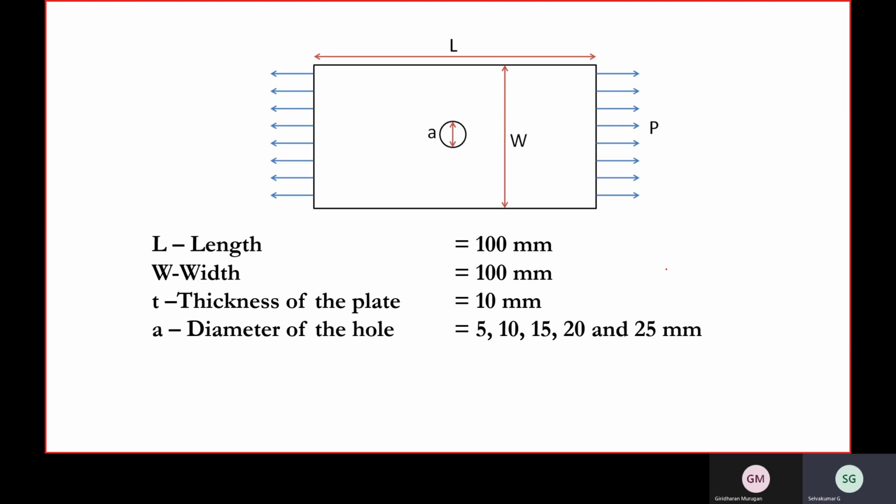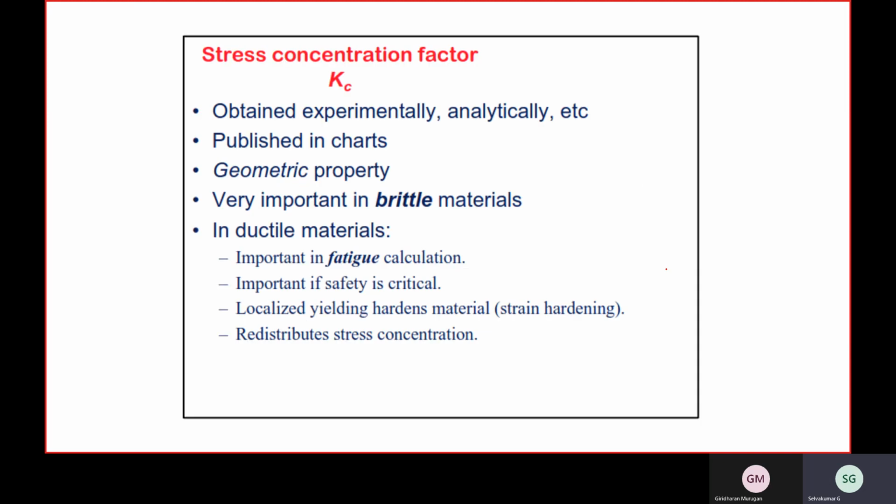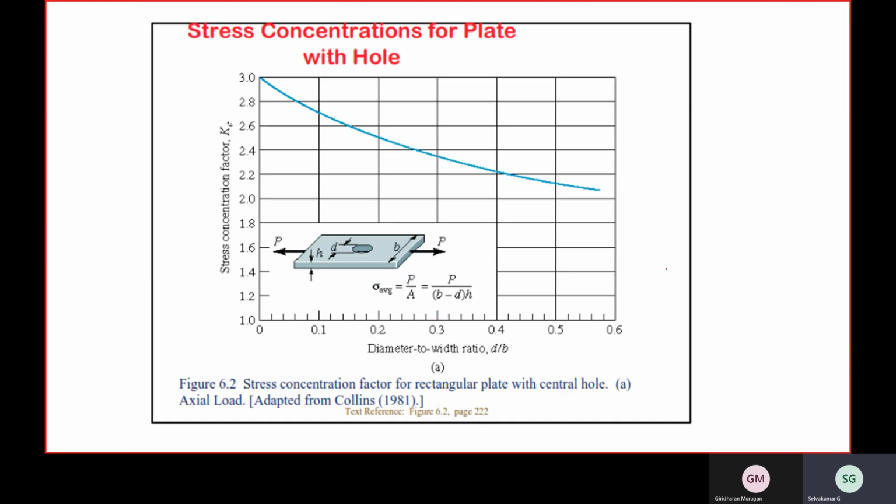We have to give this. Under this loading condition, how we are going to calculate the stress concentration, let us discuss in this session. Here, for the stress concentration factor importance, I have given a reading material. You can read this. And this is a chart: by knowing the diameter value, in this case the ratio of the diameter of the hole to the width, d by b. So this is the b value, and this is the diameter of the circle. If this ratio is 0.2, then the intersection of this curve, the corresponding value, will give you the stress concentration factor.